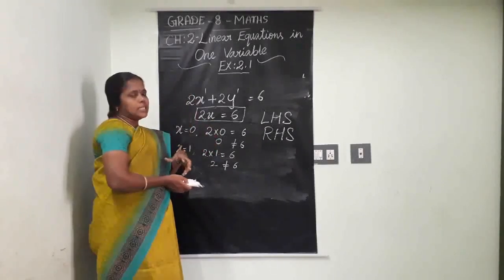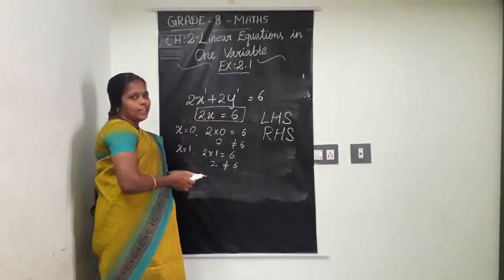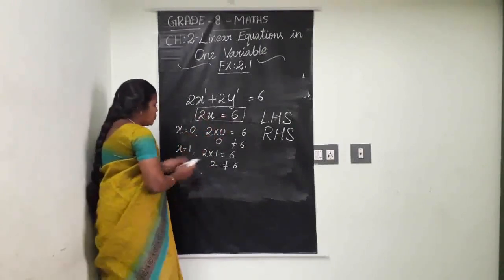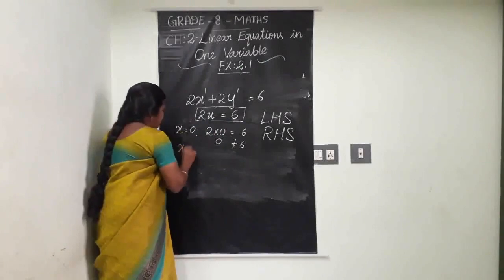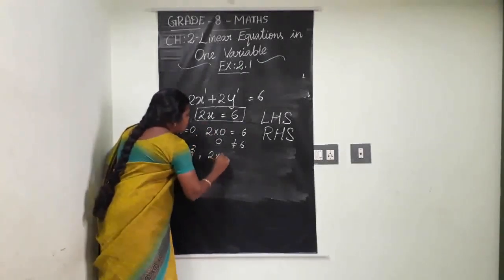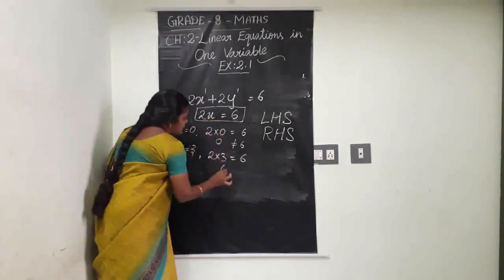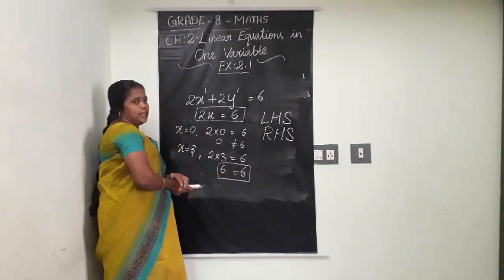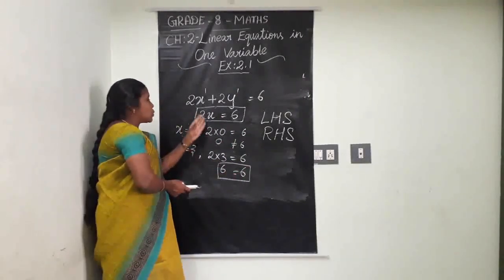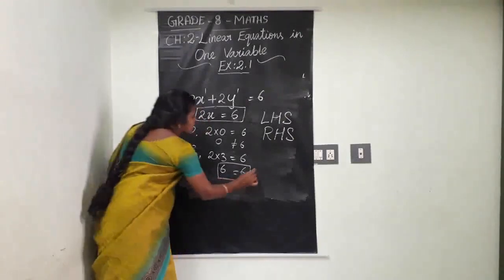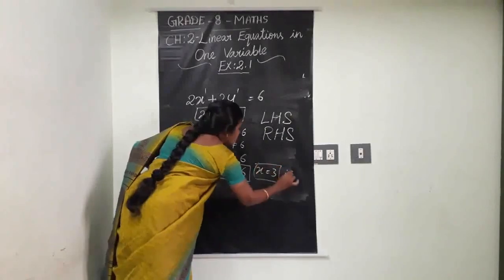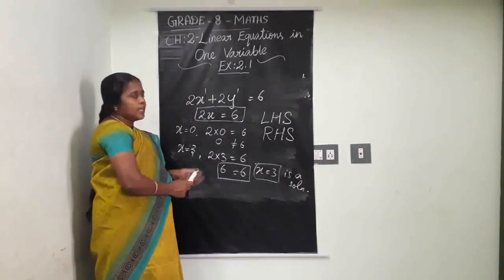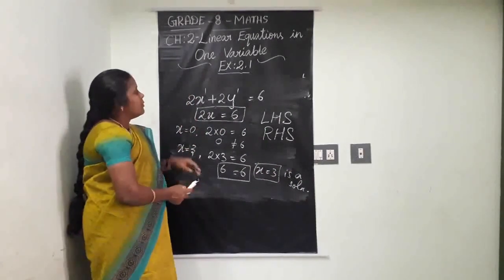So, on that basis, which is the suitable value here? 3 only. We know well, 2 into 3 is 6. 2 3s are 6. So x equal to 3 means, here what comes? 2 into 3. See, on the left hand side, 2 3s are 6. The right hand side is also already 6. So both sides are coming correctly. We can say x equal to 3 is the solution of this equation. Simply we can write it like this, SOLN, solution. Clear, children? So up to this, we have discussed.